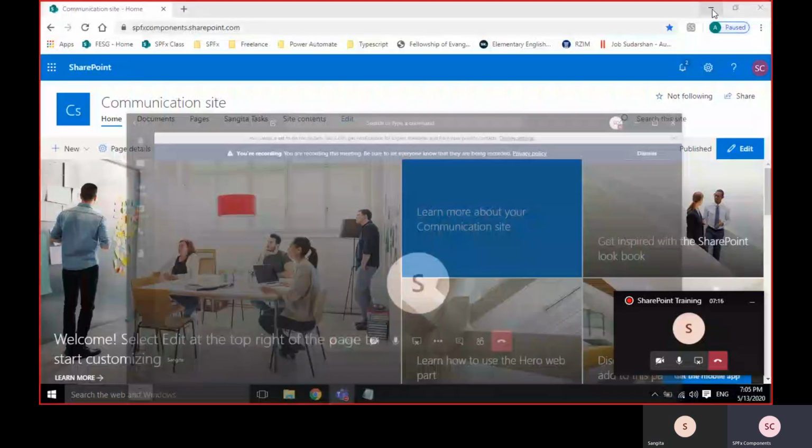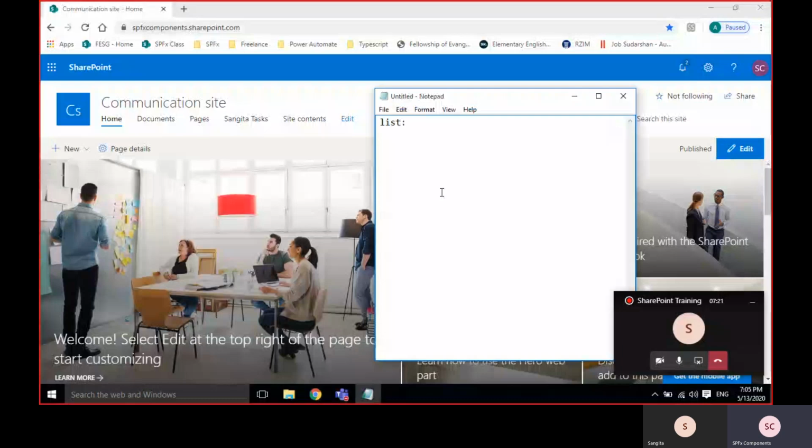Okay. So the topic is SharePoint list, and we will see how to create a list and create columns and different types of columns. If time permits, we will see views. In the list itself there is a concept called view. In general, in SQL Server also we have views, right? Same concept. We'll just see that also.